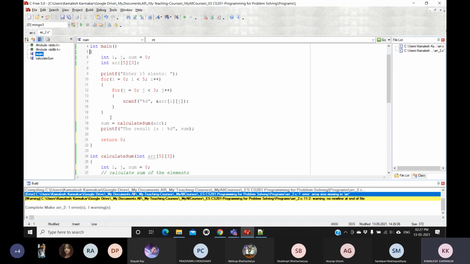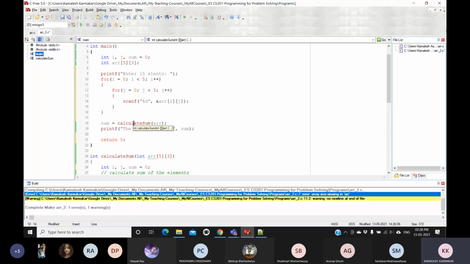In the main function, what are the variables which are needed? i and j are needed because i and j are needed here for iterating over the loop. Sum is needed because the calculate function will calculate something and the result will be returned. So that needs to be stored in a variable.